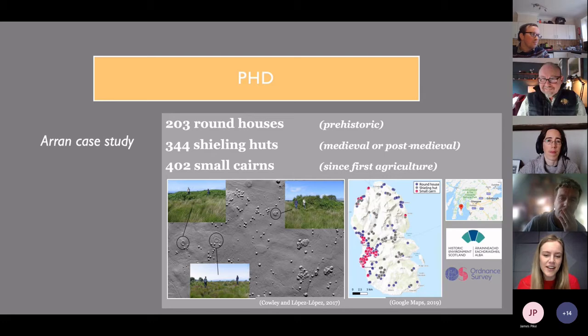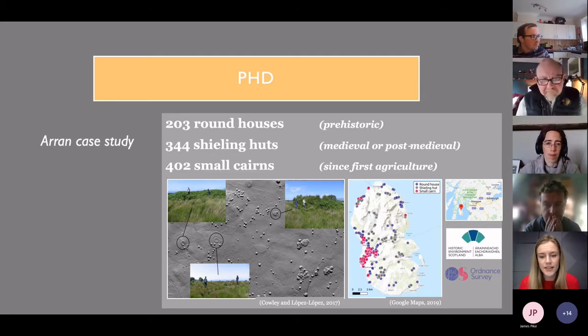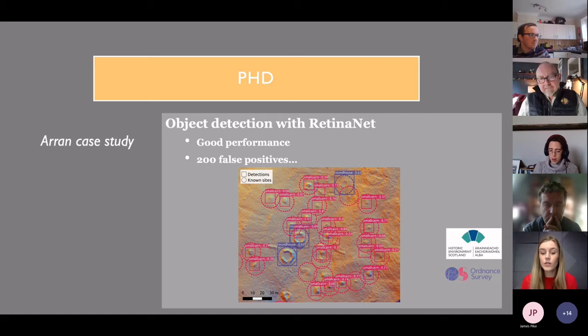So you can see here as well, they went into the field to verify some of these locations, and you can see that if you walk on this surface, there's a lot of bushes, and it's really difficult actually to see the archaeology. You could be standing on top of the roundhouse and not even see it, which is difficult. When you just look at the LiDAR, it looks so obvious, but in the field, it's really difficult to interpret even the sites when you're straight on top of it. So the results that came out of it were really good.